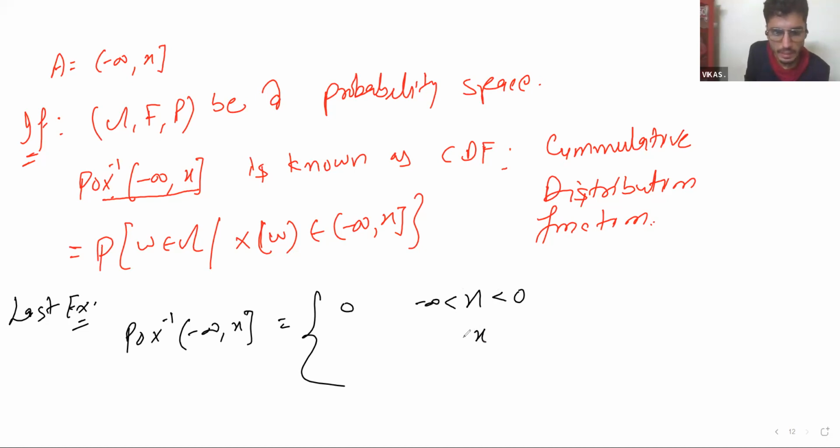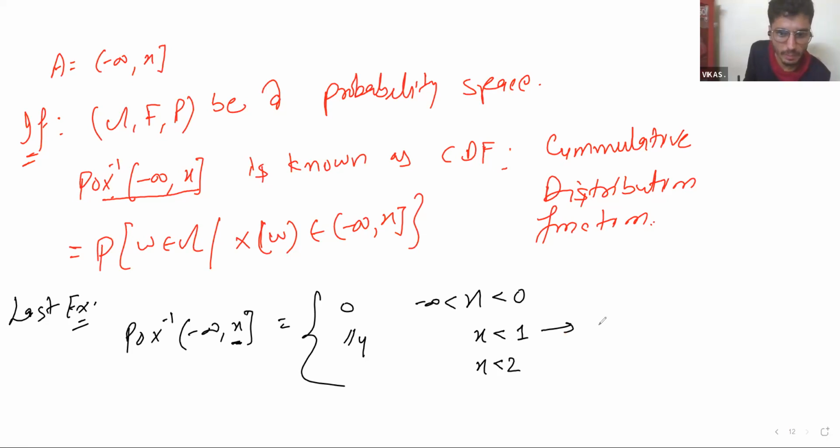When x is between 0 and 1, there is no lower bound, only an upper bound, and the lower bound is minus infinity. When x is less than 1, it comes to be 1 by 4. If x is less than 2, then